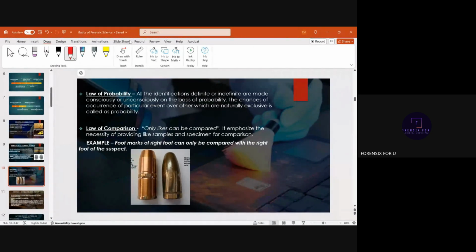Animal hair and human hair have no comparison. If you need to compare anything, you should find the similar comparator. Otherwise, in the court of law, they're going to ask you, how can you compare two things which are not similar? You should not compare anything which is not similar. Only likes, only two things that are common, are the ones that can be compared with each other, right?